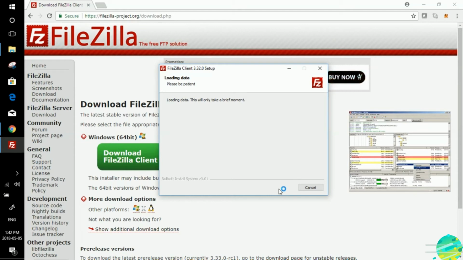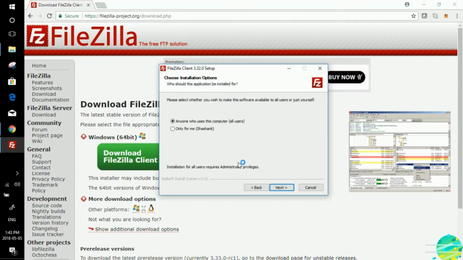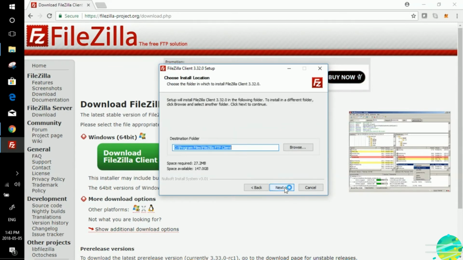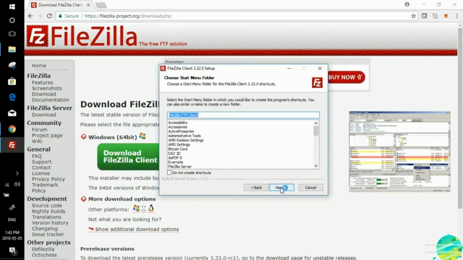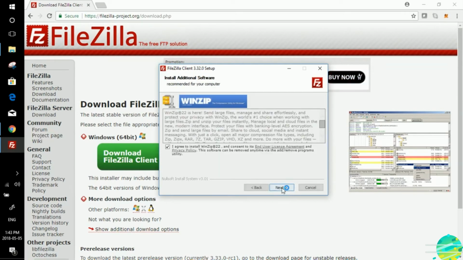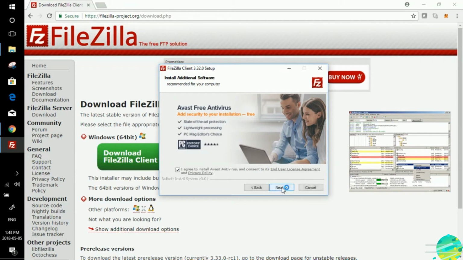Loading data, this will only take a brief moment. Yes, anyone who uses this computer can use it. Yes, and then next, program FileZilla client. Yes, that's fine. And next, it's installing additional software.